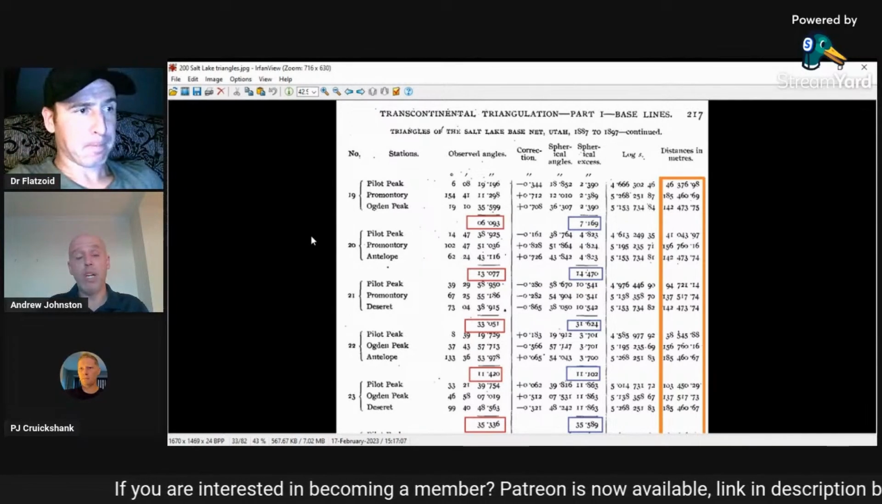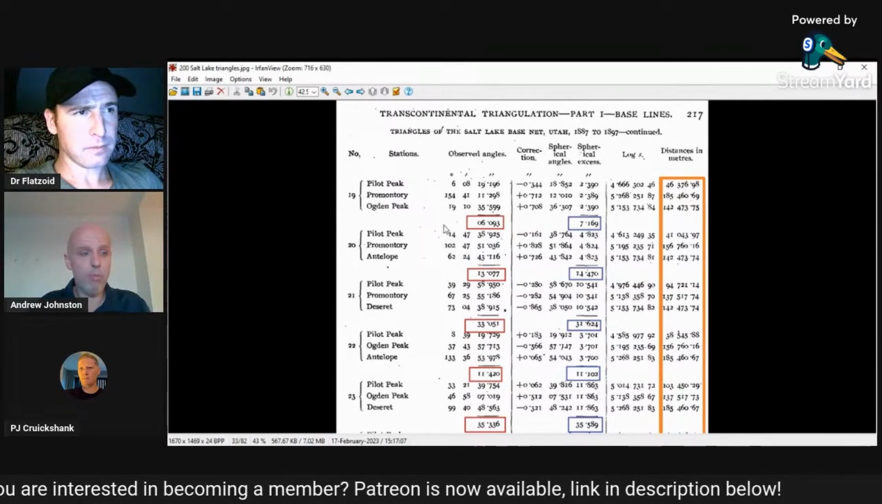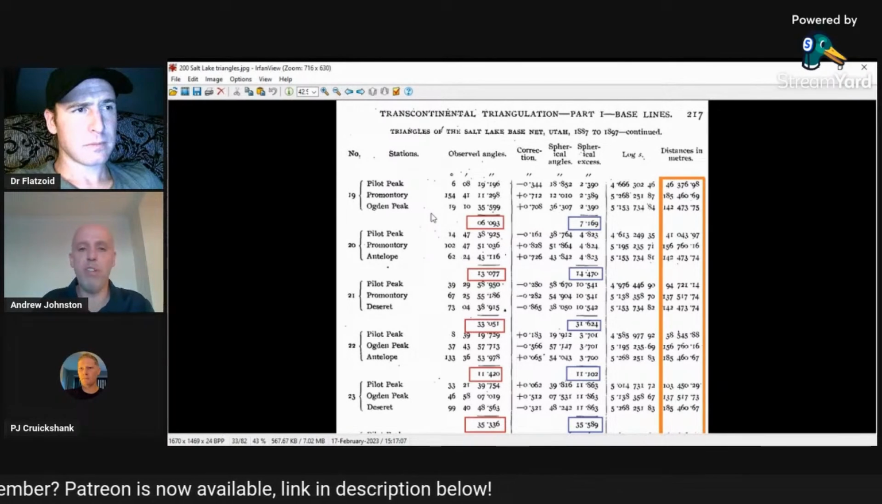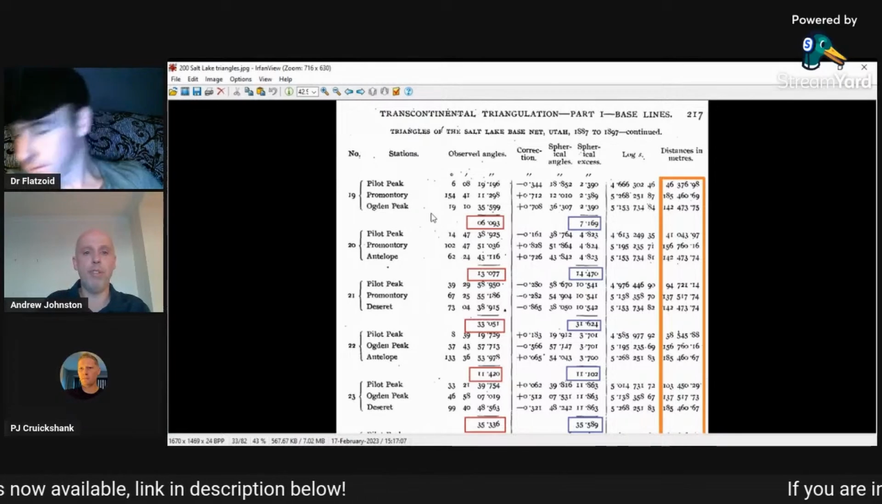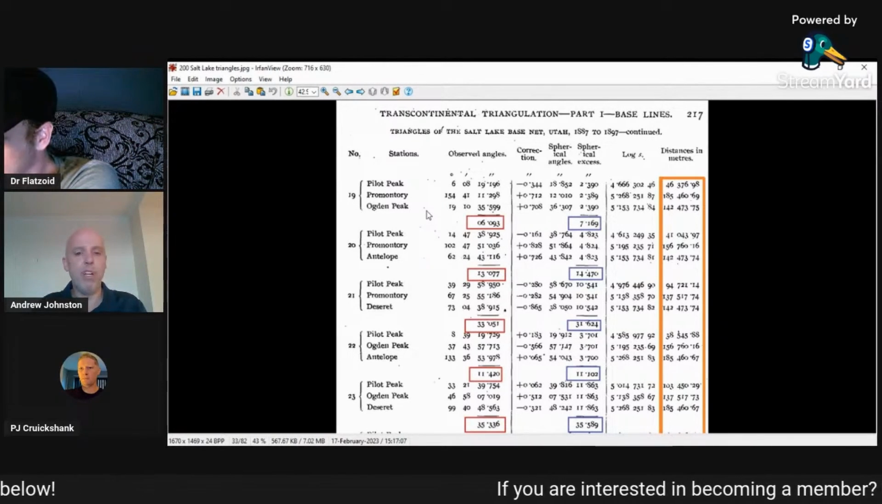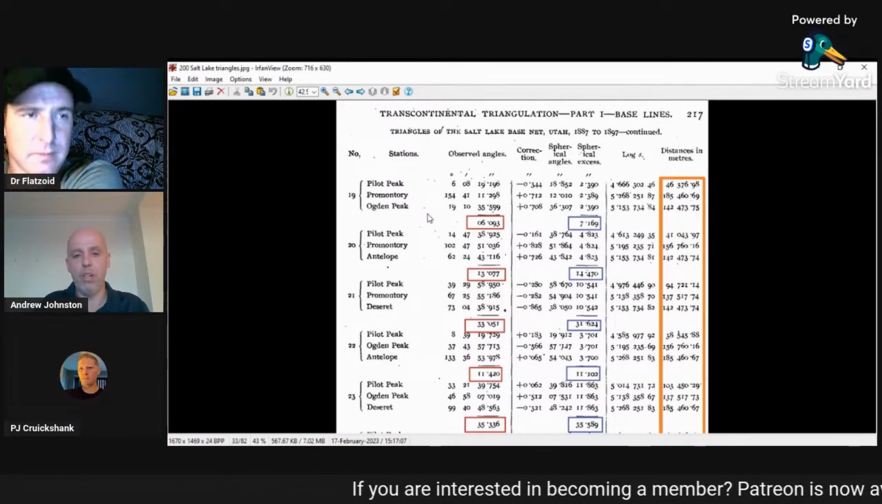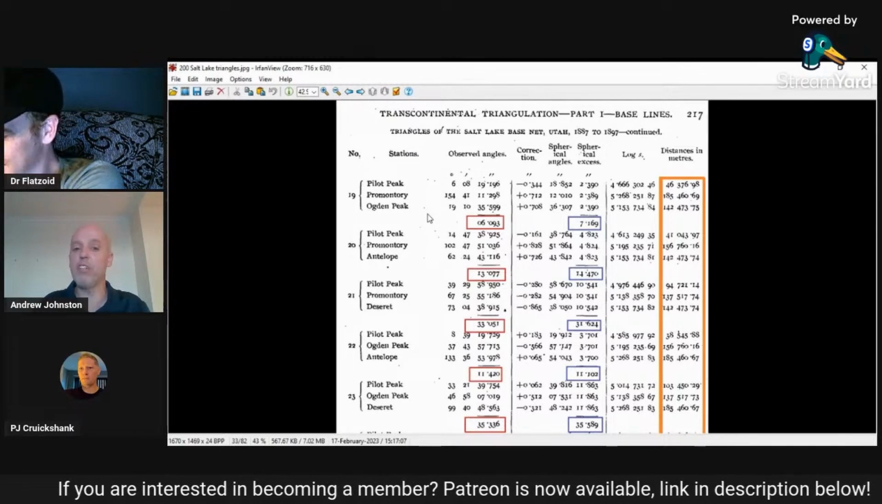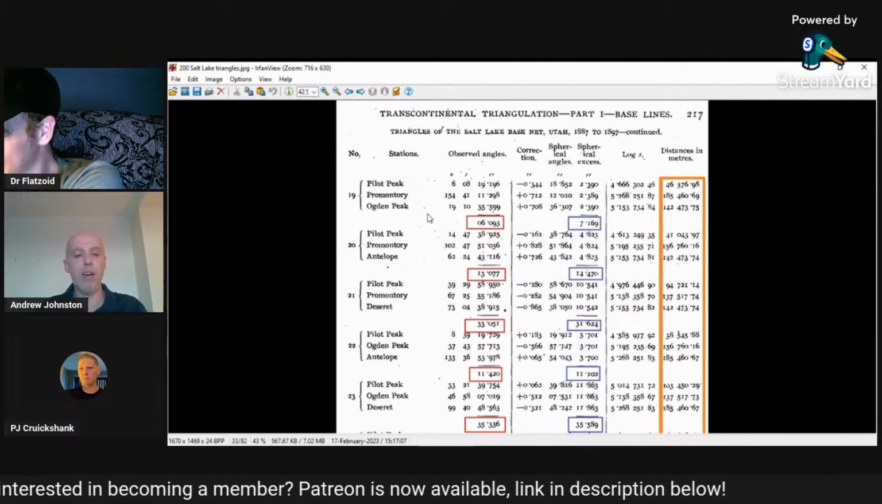Okay, yeah. No problem. So here we have, in the red boxes, the sum of the observed angles for 5 of the triangles in the Salt Lake base net, and they all have excess angles. How do you explain that? And don't say it's perspective, because you haven't told me how perspective